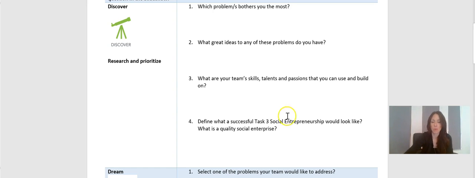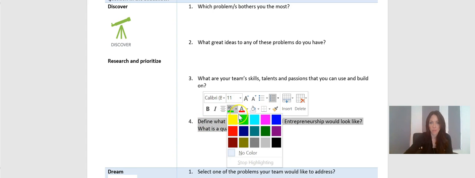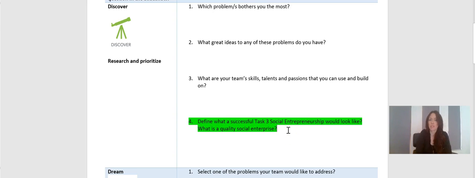And finally, this is an important part because really you need to have a sense of what a successful task 3 would look like. So hopefully as a class you can come up with a bit of a definition. What would a quality social enterprise actually look like? What would a successful task 3 social entrepreneurship look like? It will have to have certain agreed upon parameters in order for you to meet those parameters. So, for instance, a successful task 3 wouldn't look like